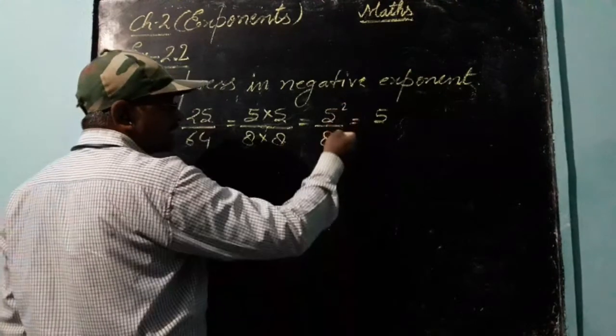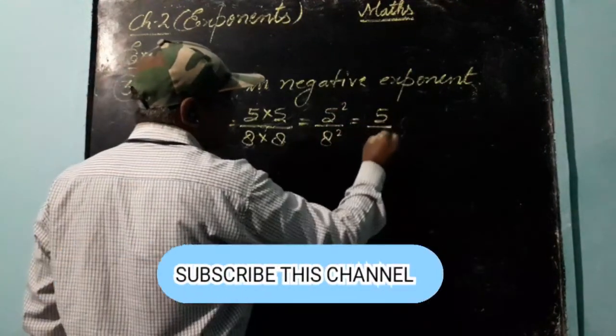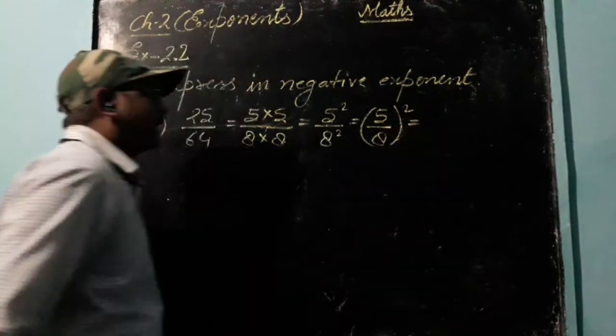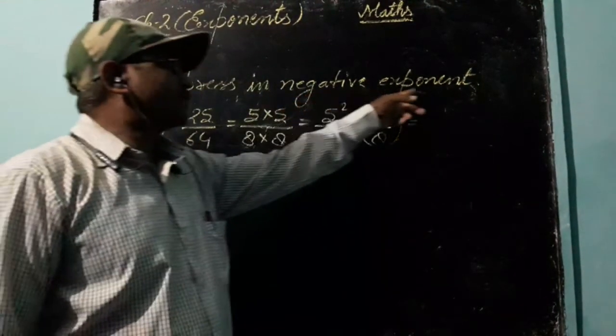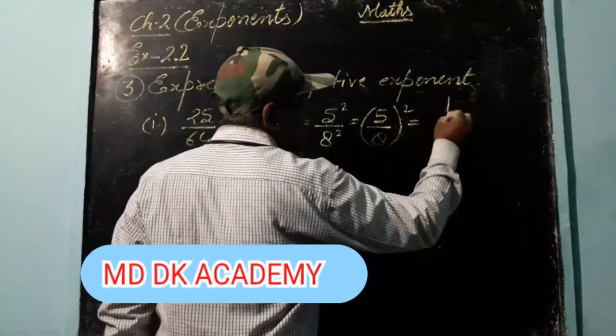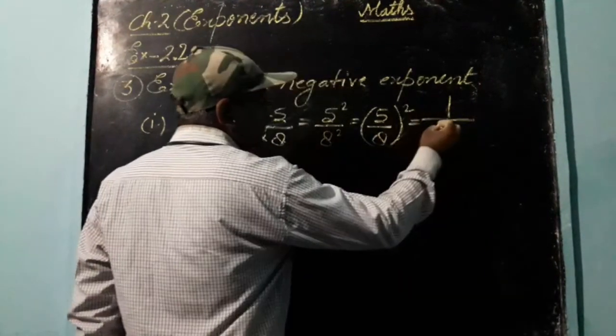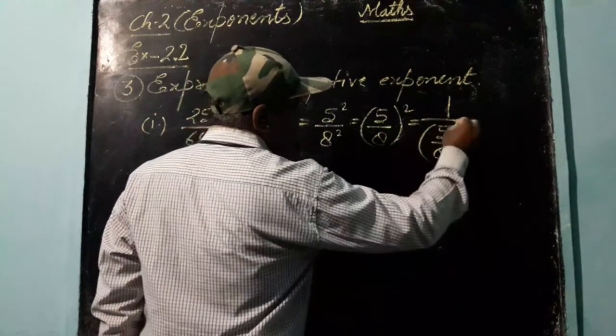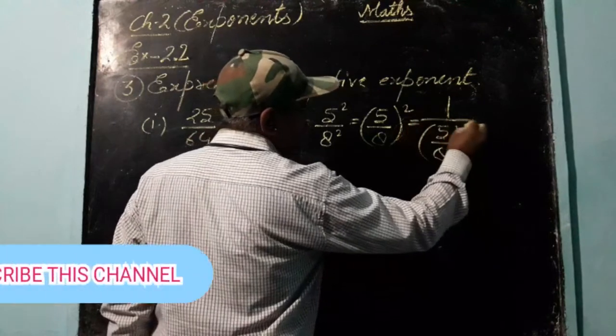If the powers are same, then you will write (5/8) to whole power +2, and now you have to convert into negative exponent. So to make it negative, you will write just 1/(5/8) to power -2 now. Okay,